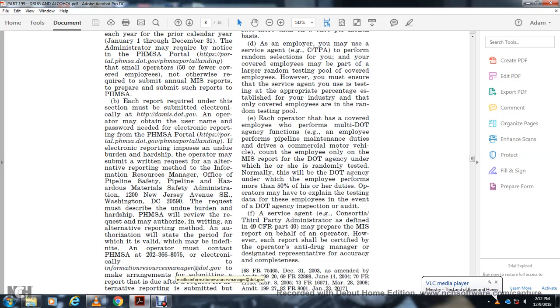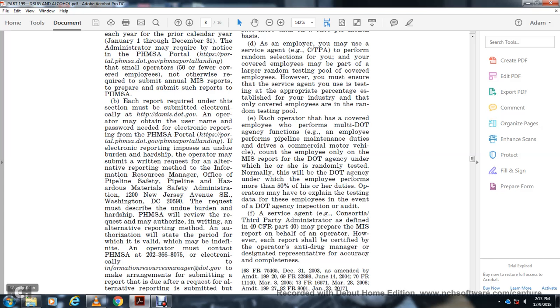If electronic reporting imposes an undue burden or hardship on the operator, the operator must submit a written request for an alternative reporting method to the Information Resource Manager, Office of Pipeline Safety, Hazardous Materials Safety Administration, 1200 New Jersey Avenue, Southeast, Washington, D.C. 20590. The request must describe the unique burden or hardship. PHMSA will review the request and authorize in writing an alternative reporting method. The authorization will state the period for which it is valid, and the operator must contact the PHMSA